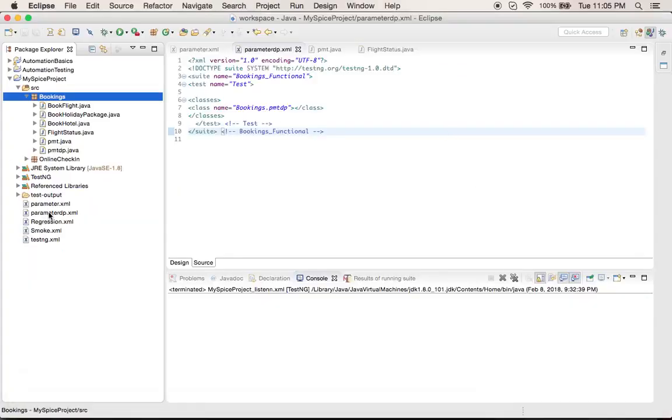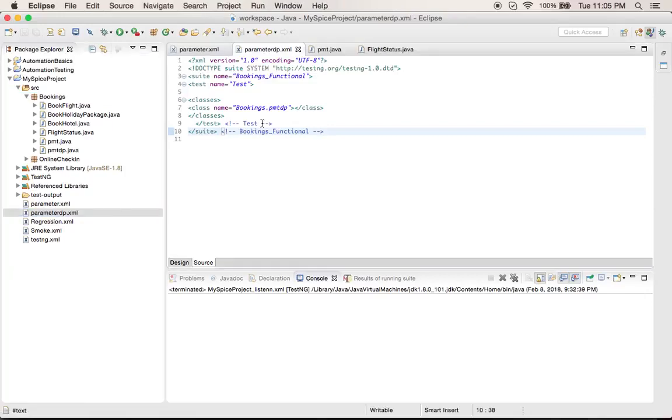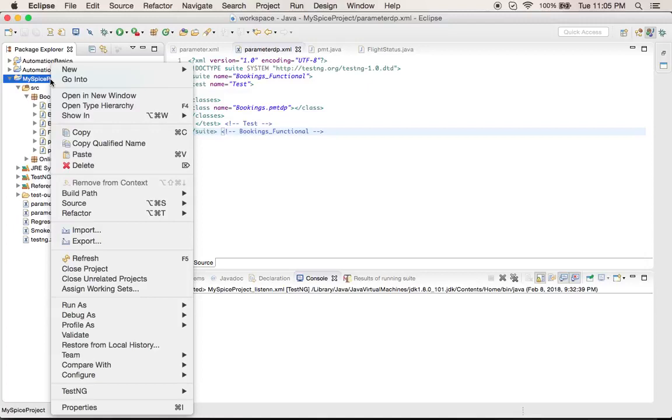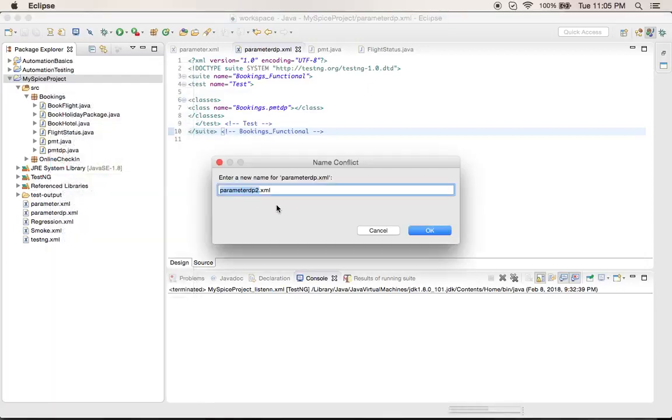This is the place where we stopped in the last session, where I created a parameter data provider XML file. I would copy the same XML file, paste it under the project, and call it my listener file.